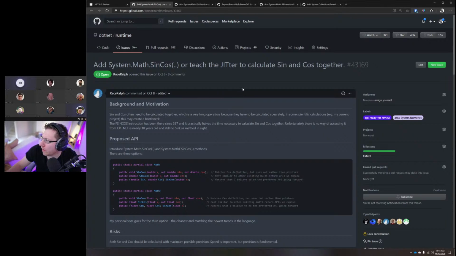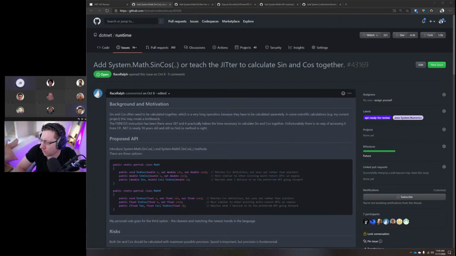I'm on 43169. Okay, yeah. So SinCos is an API that native compilers either provide directly or they implement as an optimization, where if they detect sine and cosine called near each other, it will just compute both at once. It's an optimization useful for a lot of various APIs that end up requiring one or both methods, because when you compute one, you generally need the other, and computing both simultaneously is considerably cheaper than computing them independently.